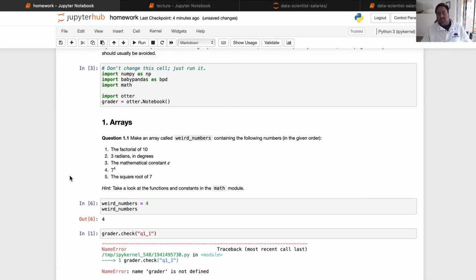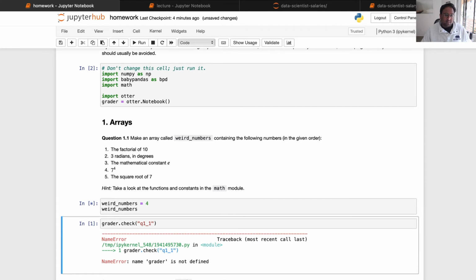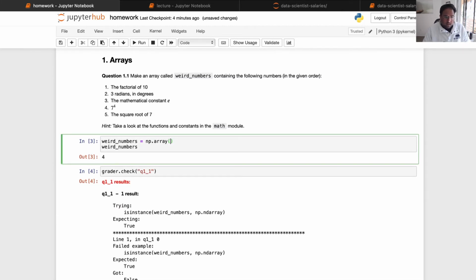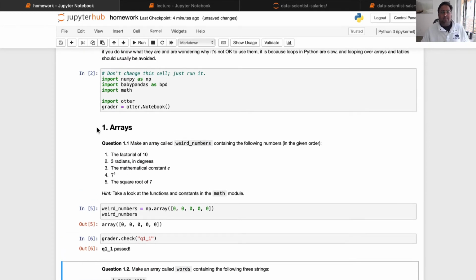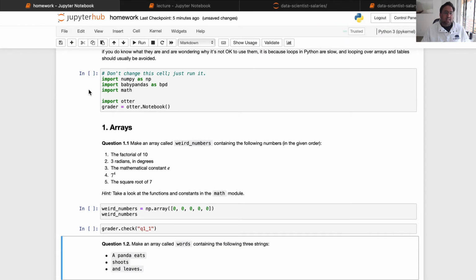So you'll see this behavior a lot, and the way to fix it is by running all of your cells from the very top. So when I do that, now I'll get another error because my code isn't right, but if I at least get it in the right format, it'll at least say that it passed. Okay. Now, I personally strongly recommend not ever using restart, but instead saying restart and clear output, just so that